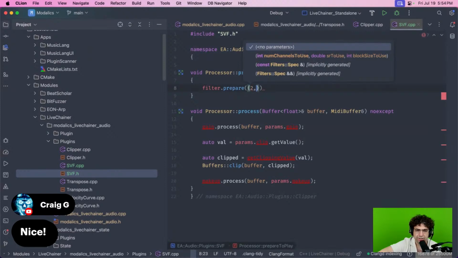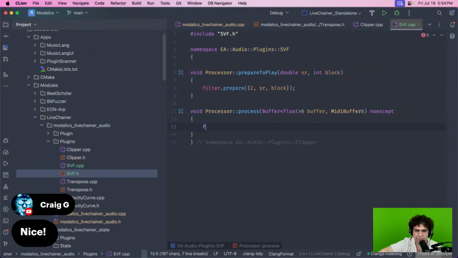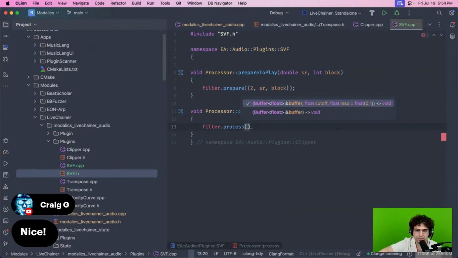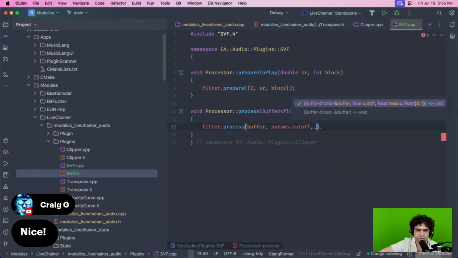So 2 channels. Okay. The processing should just do filter process buffer, params cutoff, params reso, and